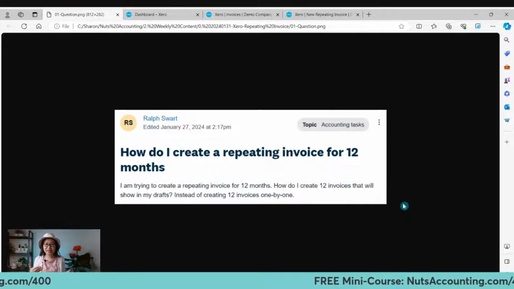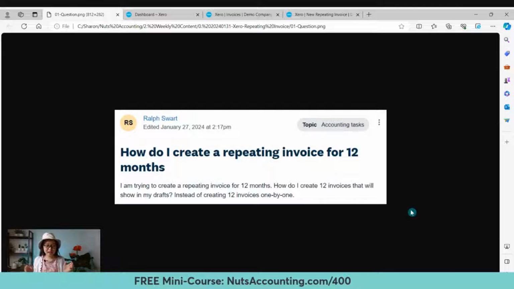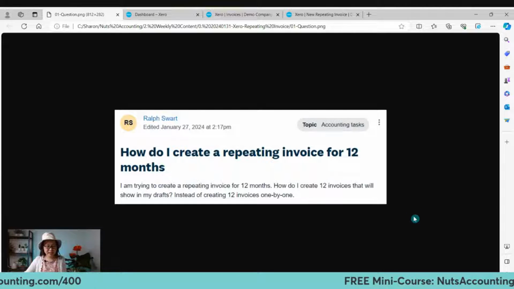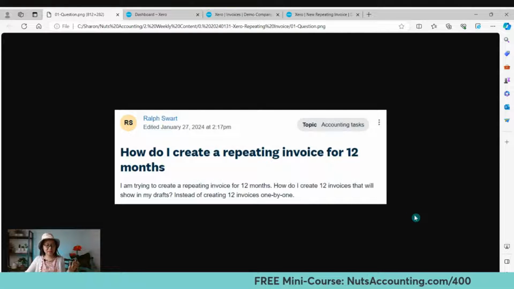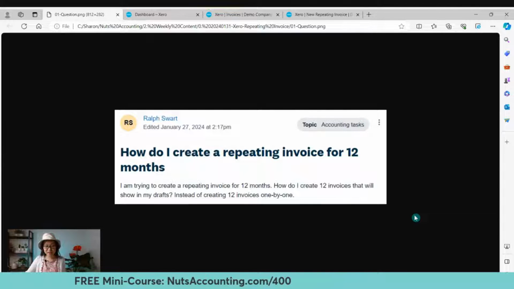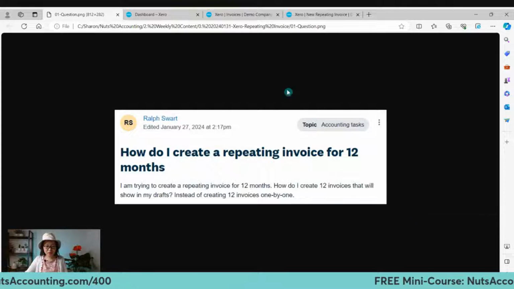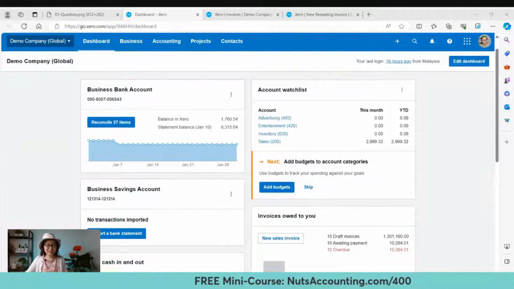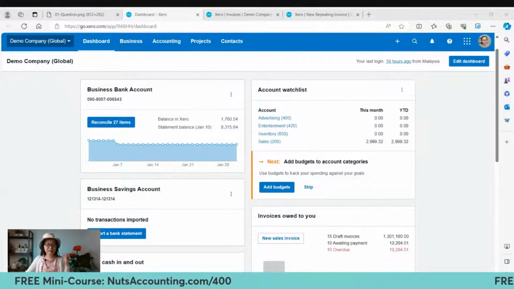This repeating invoice comes from this question. Ralph Swart asked, how do I create a repeating invoice for 12 months? He elaborates: I am trying to create a repeating invoice for 12 months. How do I create invoices that will show in my drafts instead of creating 12 invoices one by one? Today we are going to answer this question and you will learn how you can do this easily by